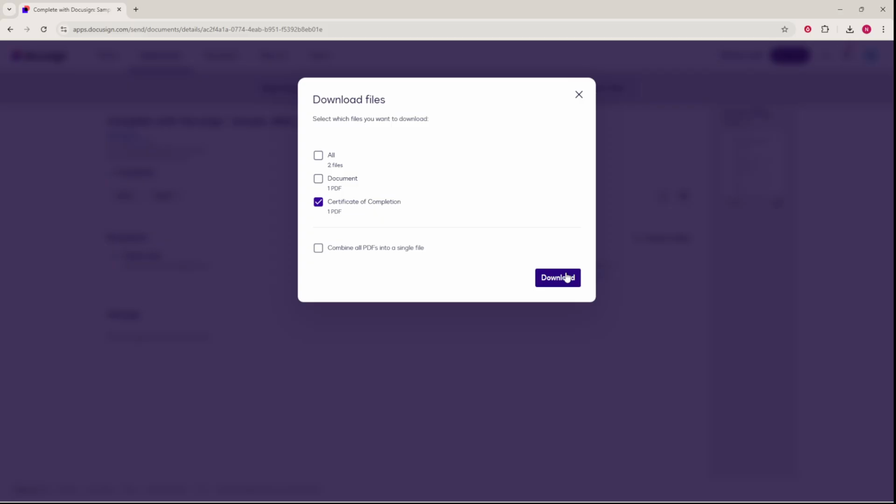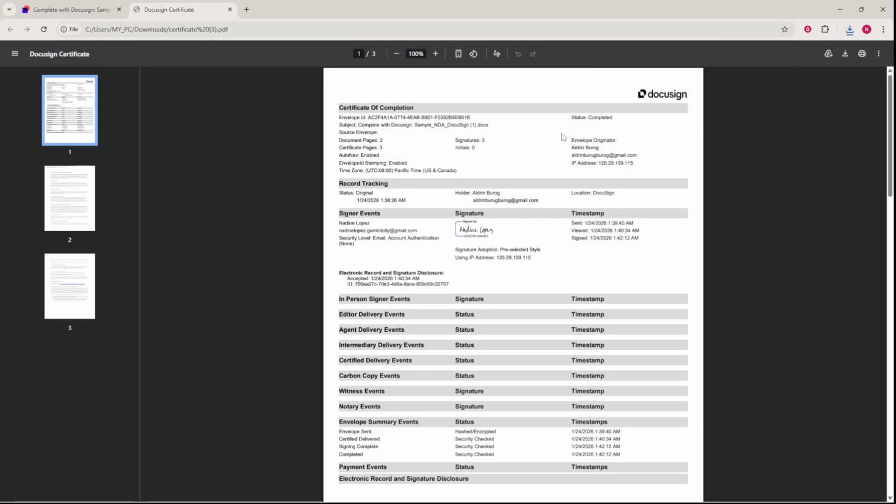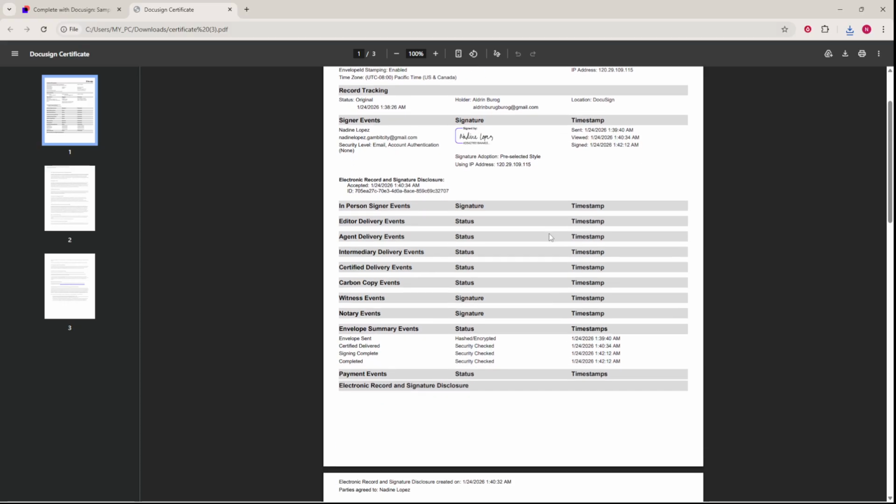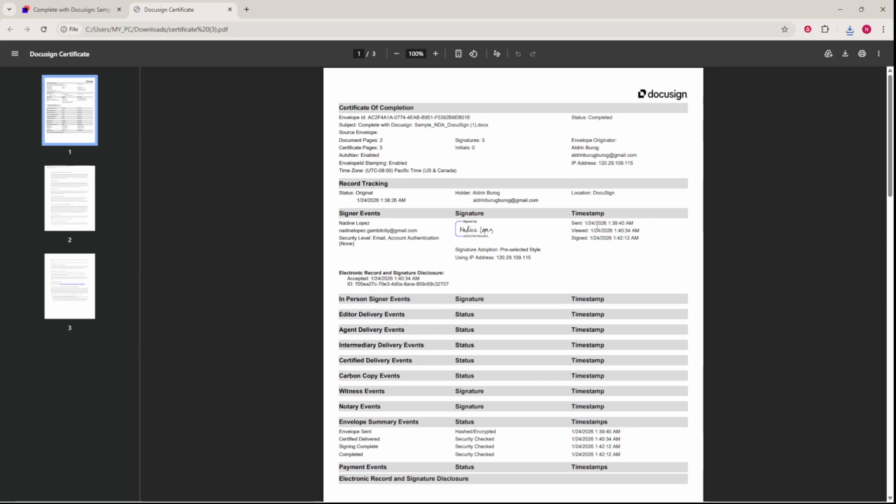Review the PDF to ensure everything looks correct. Confirm names, timestamps, and the sequence of events. If everything checks out, save the file to your device. For good record keeping, you might name it with the envelope subject and completion date so it's easy to find later. Store it with your other project files or compliance records, and share it internally if your workflow requires archiving